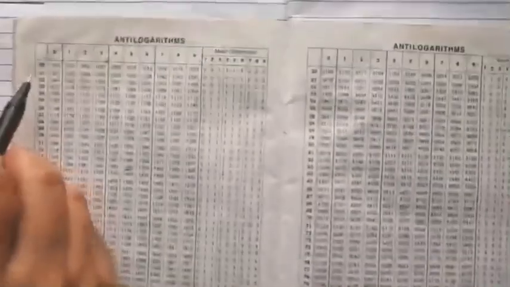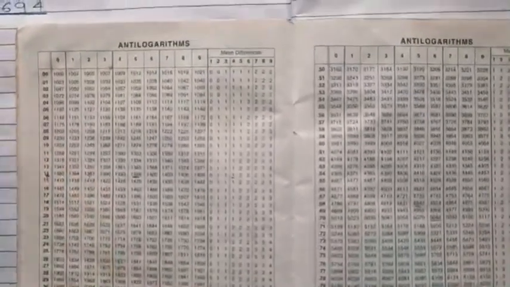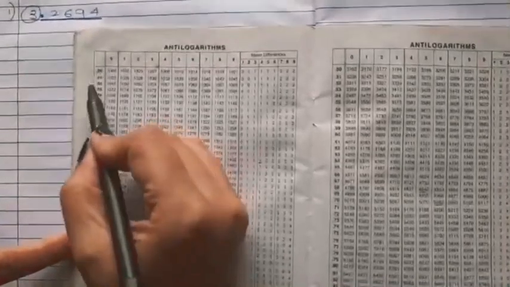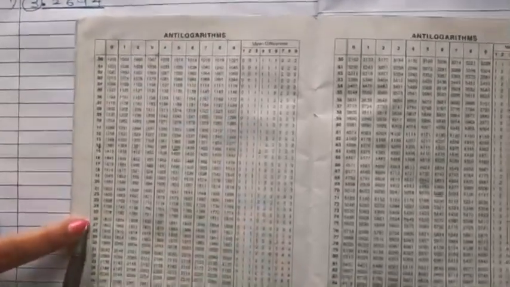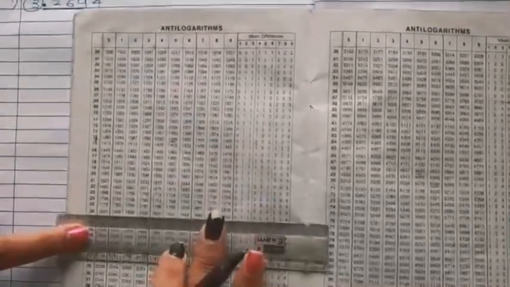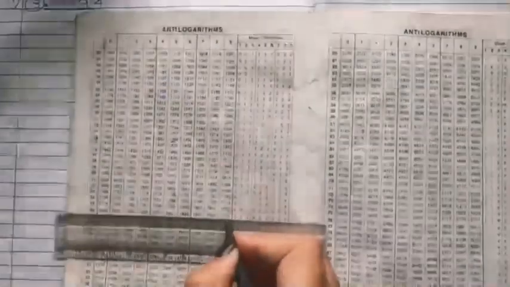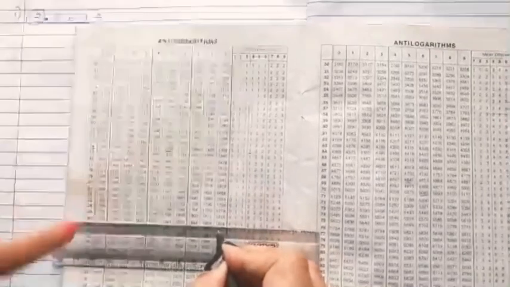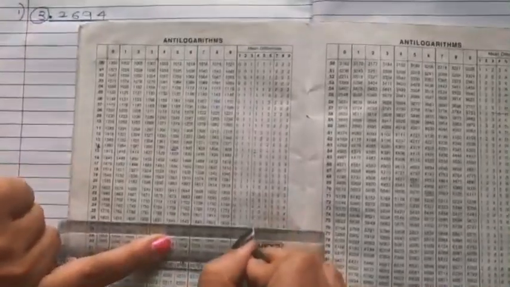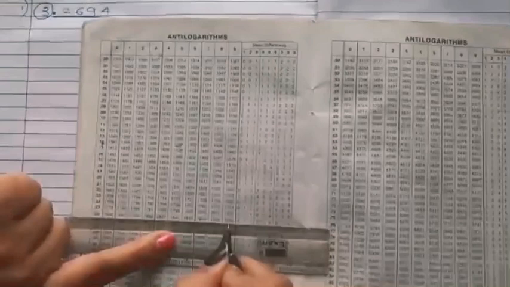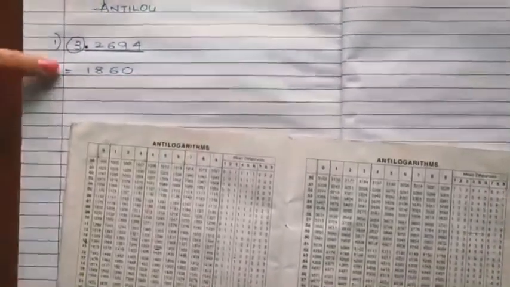Since I had already told you that in antilog the numbers start from point, and this is 0.26, we will come to 0.26. This starts from 0.00, 0.01 and so on. You have to see 0.26 under 9. It is 1858 and under 4 we have to see the mean difference. Under 4 we have 2. That means we will have to add 2 to 1858. When we add 2 to 1858, we get 1860. So this is the number we have got after finding the antilog.